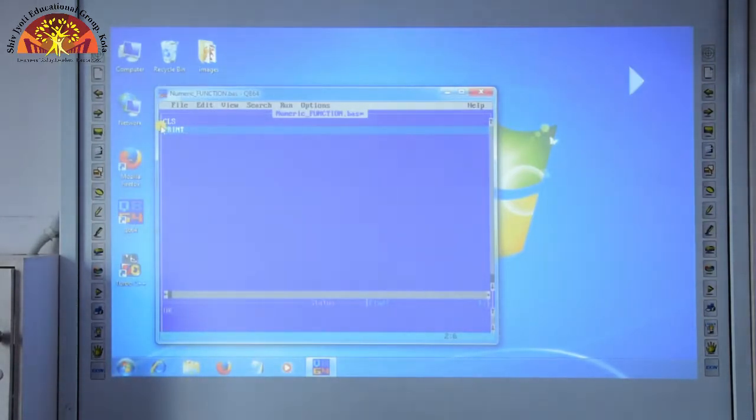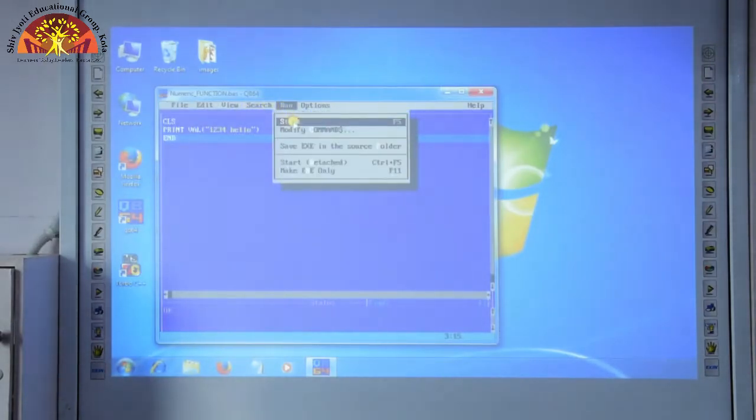So now we will start typing the program: PRINT VAL. Inside the parenthesis you have to write 1 2 3 hello. First we have to insert the double quotes. Now inside the double quotes we have to write 1 2 3 4 space hello. Now enter, and here you have to write END to end the program. Now we will save the program